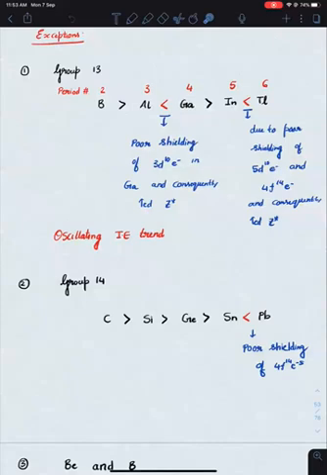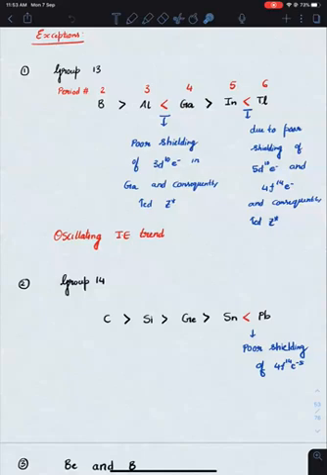If you compare the atomic radius, gallium is supposed to have a greater atomic radius when compared to aluminum because of more number of shells. But just before gallium, we fill the 3d subshell. The 3d subshell has 10 electrons, and d orbitals have poor shielding because of the presence of two nodal planes. Because of the poor shielding effect of 10 d electrons, the Z star in gallium increases by a significant amount. Because of the greater Z star, we expect the atomic radius to be lesser when compared to aluminum.